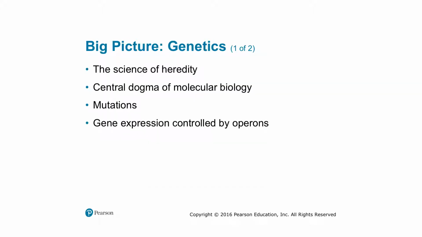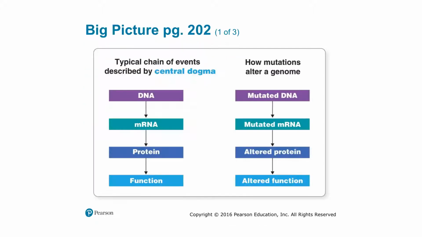So the big picture here is genetics is the science of heredity. And the central dogma of modern biology is essential, and it's the key to understanding all of this. We can also have mutations, and gene expression is going to be controlled by operons. And so typically we've always talked about the central dogma of modern biology, and we talked about it in A&P,